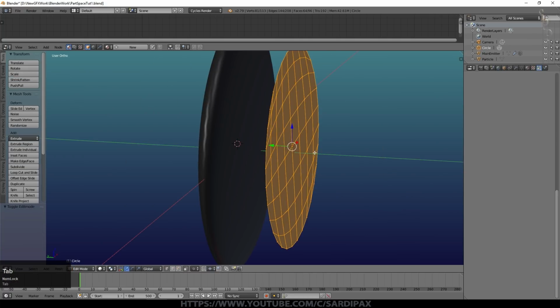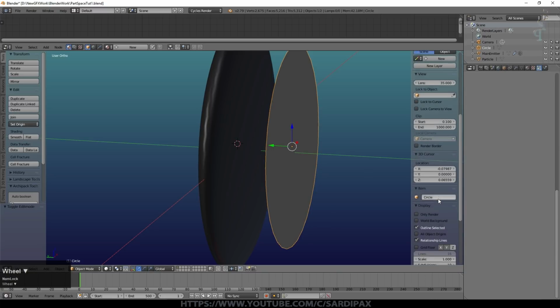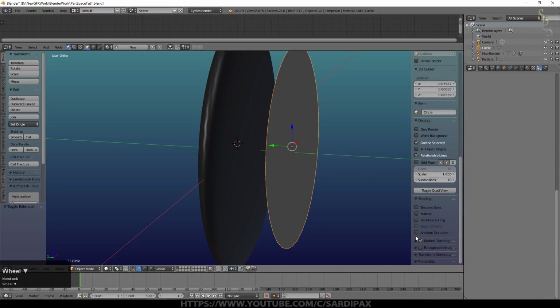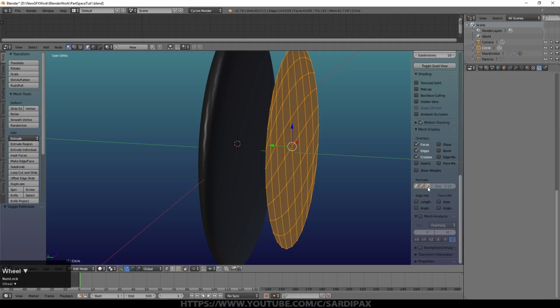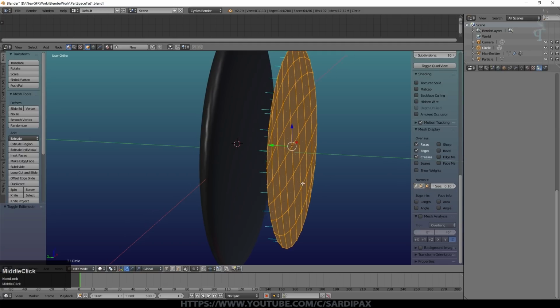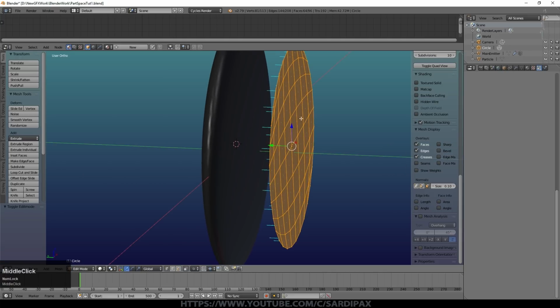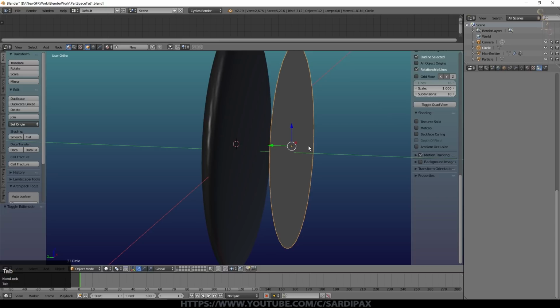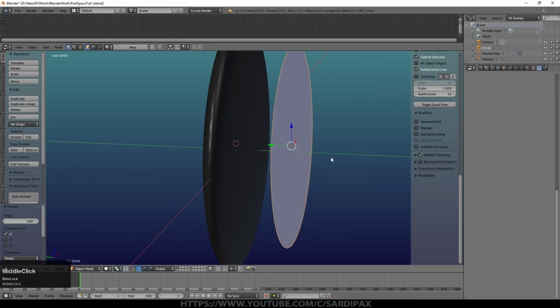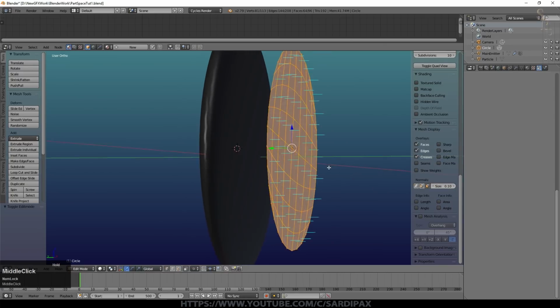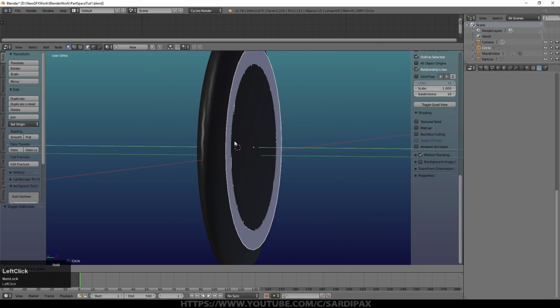One thing to be aware of if you're just using a flat plane like this is that there is a direction for the normals and it's not always obvious. So we go into edit mode, we can come and turn the normals on here and you can see they're all pointing that way. That's basically the real surface. This isn't a proper surface as far as Blender is concerned. You can flip them or you can just rotate on the X 180 and now you can see it's slightly brighter. If we look at our normals, they're pointing outward now. So we'll turn that off now and we'll go in a little bit.